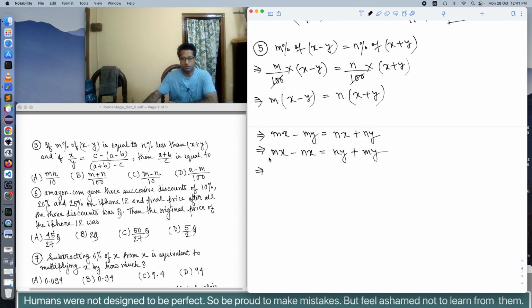From the left hand side I can take x common, I get x multiplied by m minus n, equal to, from the right hand side taking y common, y multiplied by n plus m. So from here we can find x by y to be equal to